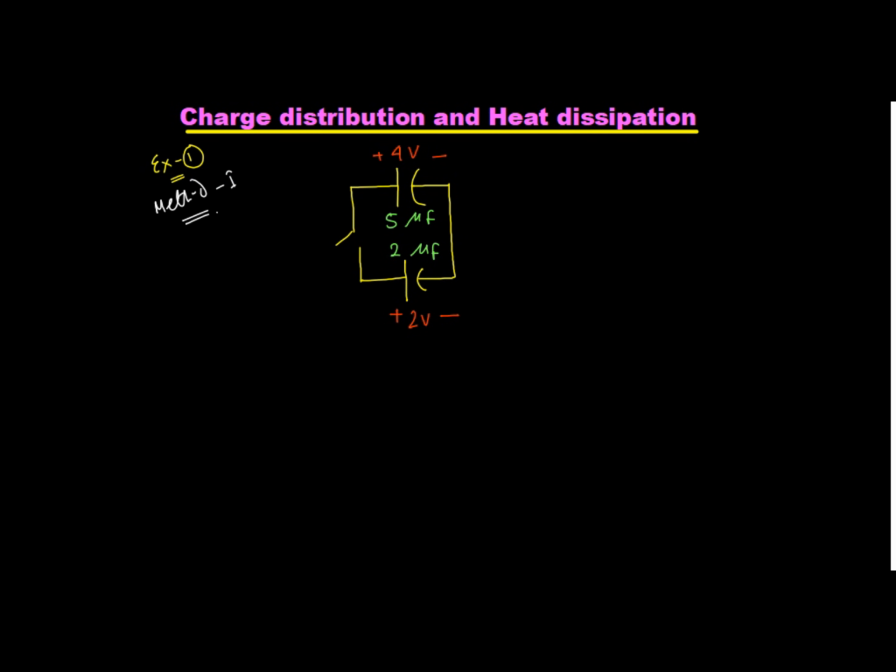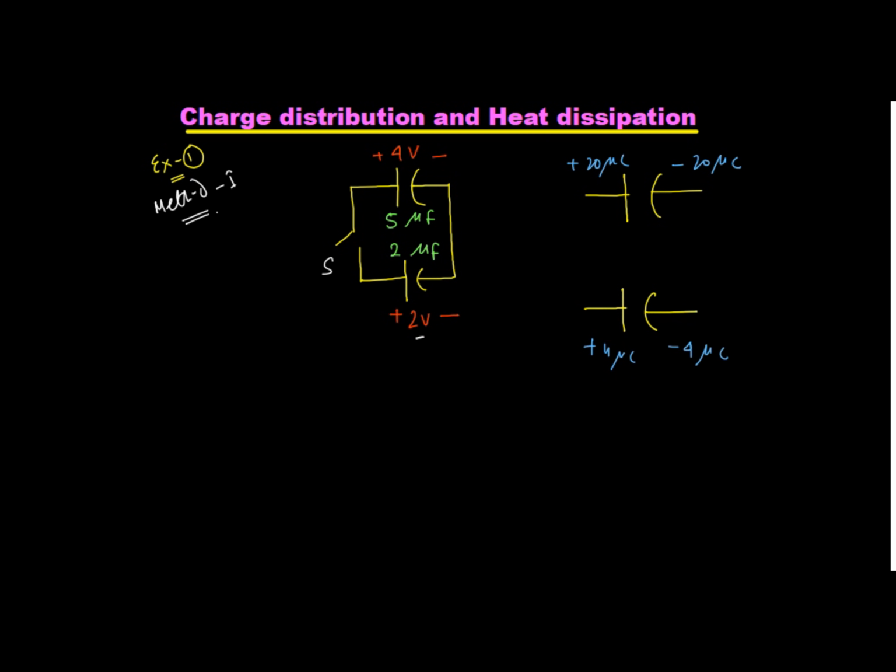You check here. So there are two capacitors and there is a switch. Initially the switch is not connected. This capacitor's potential difference is 4 volt, capacitance is 5 microfarad, and for this capacitor it is 2 volt and 5 microfarad. So if I redraw this diagram, I can comfortably write over here that this plate is having a charge of plus 20 microcoulomb, this is minus 20 microcoulomb. Similarly, the other capacitor will also have a charge. This plate will have a charge of plus 4 microcoulomb, this is having minus 4 microcoulomb.